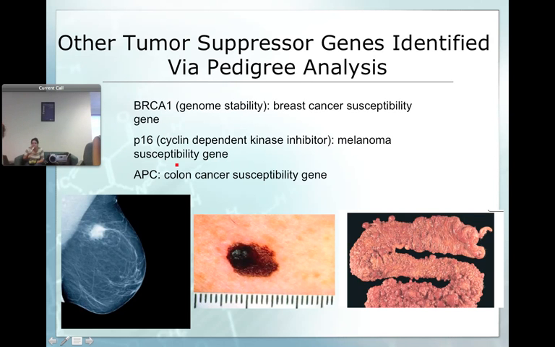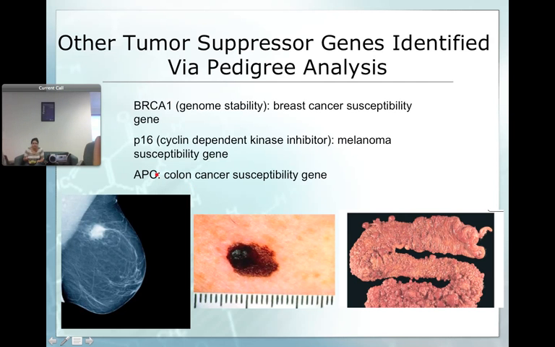Most things that begin with P and have a number after them, that's the molecular mass in thousands of Daltons. So P16 means that protein is 16,000 Daltons. P16 is a defect that's found in a lot of melanomas, and then the adenomatous polyposis coli,